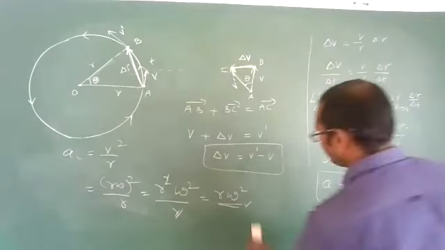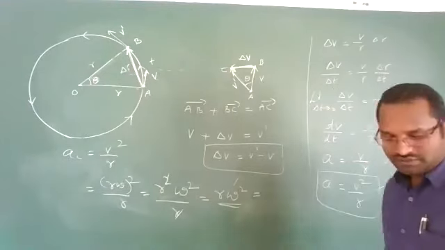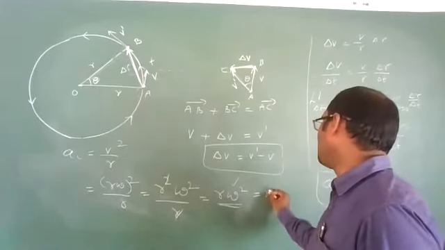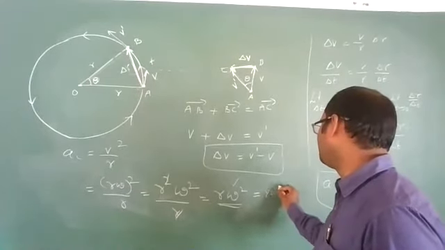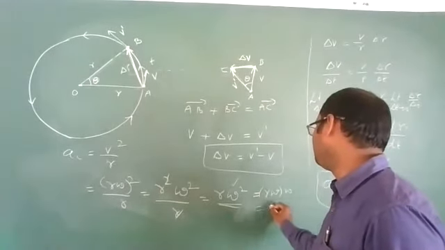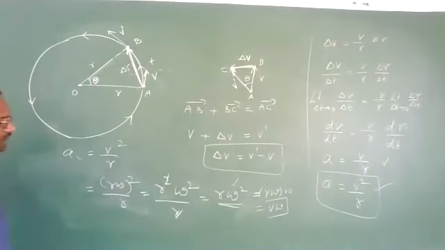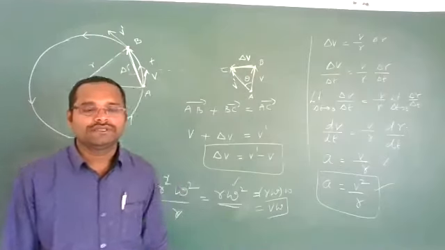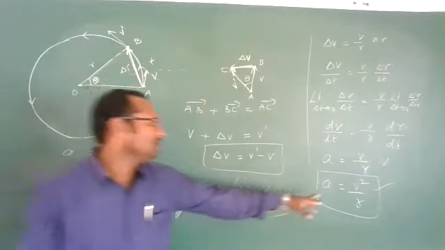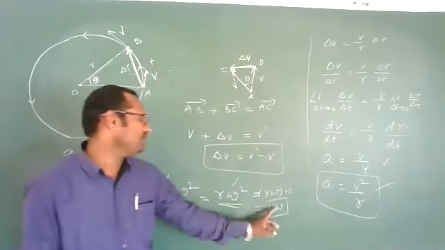Or else, if you want, we can write these expressions depending upon your problem, what values are given. It can be written as a_c equals r omega into omega. What is v? r omega is nothing but v. So it can be written as v omega also. Just magnitude I am saying. Clear? Any format you can take, but it should be very perfect.